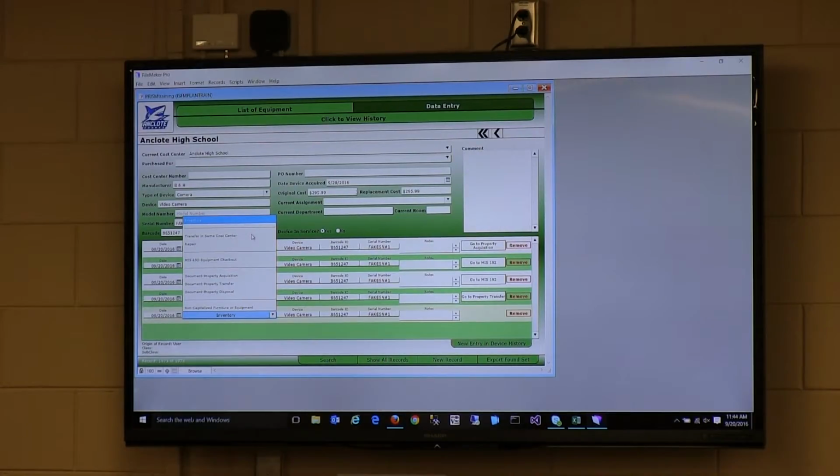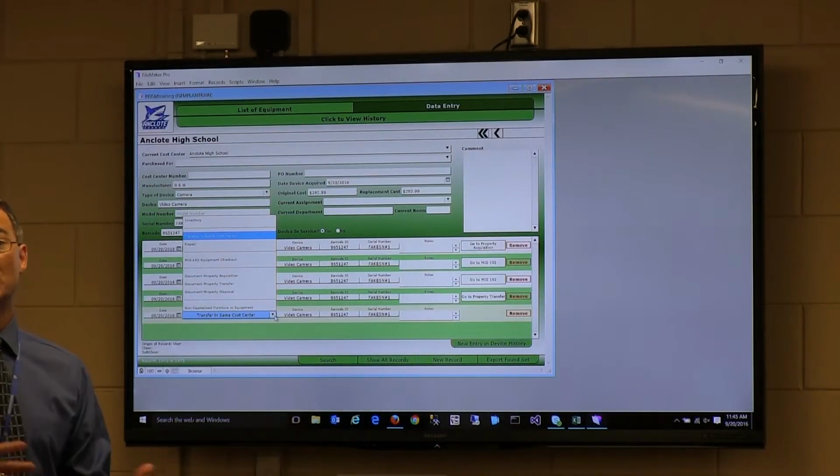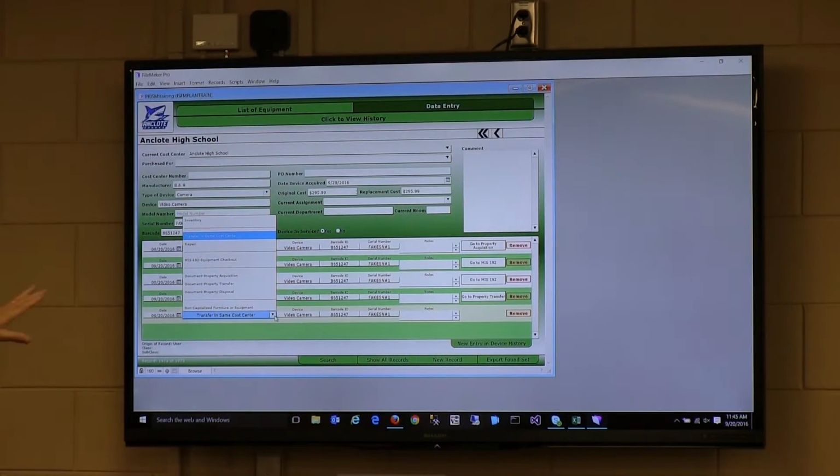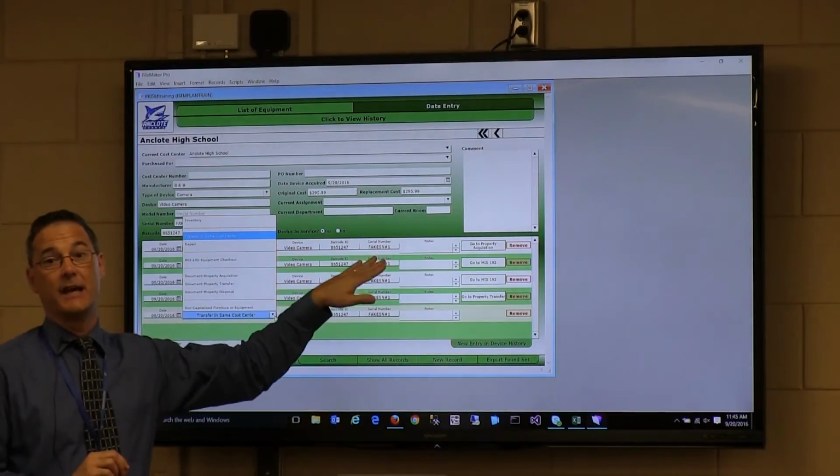Okay. The next one, transfer in same cost center. Now, some of you during our hands-on exercise chose this, and when you choose this, it doesn't create a form. So you were looking for the form to figure out, what do I do next? If you're transferring something in the same cost center, you're simply moving maybe a computer from Training Lab A to Training Lab B. So it's not creating a form, but it does update property control,